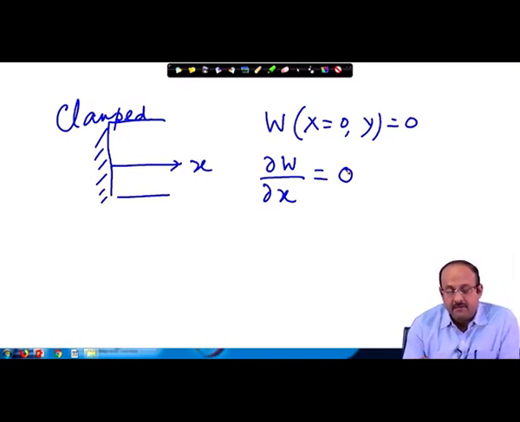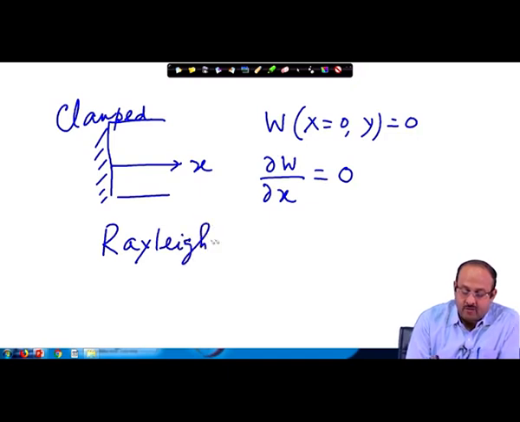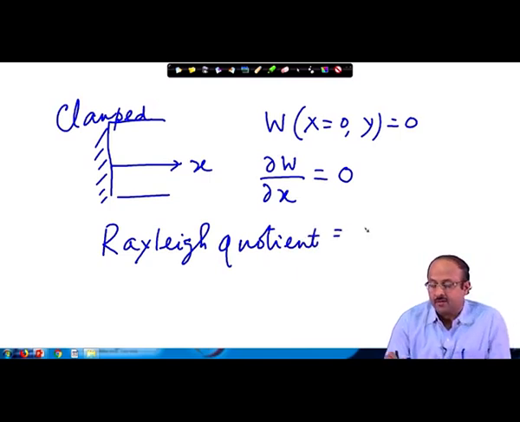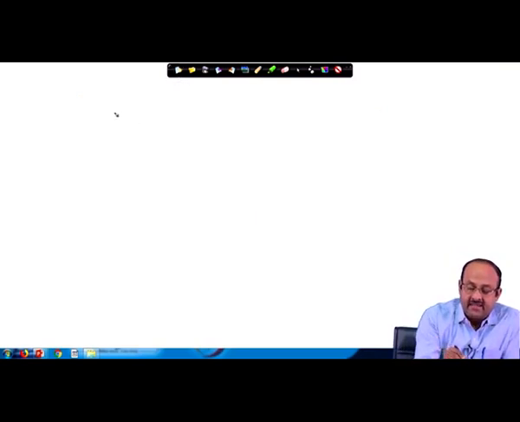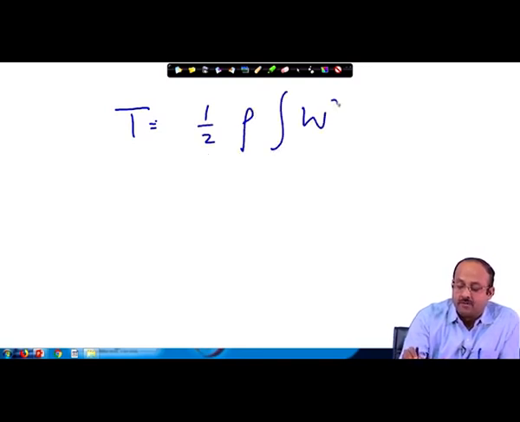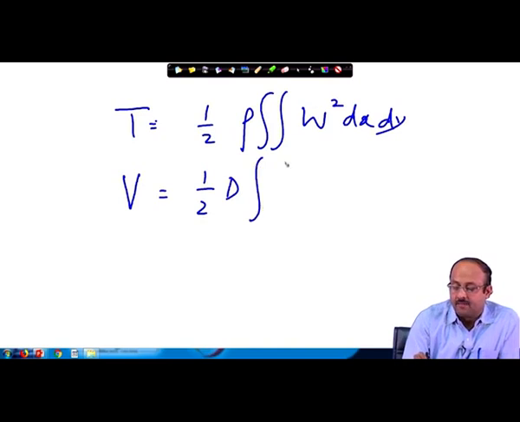Now, getting the natural frequency is a difficult task, but there is certain estimation procedure. One estimation is done through the Rayleigh quotient, which is equal to the potential energy, which is the strain energy, divided by the kinetic energy. Now, for this case, the kinetic energy T will be equal to half rho W square dx dy double integral, and the potential energy will be equal to half D, and this is the complicated function which I am writing down,